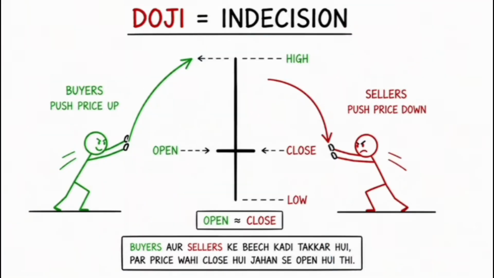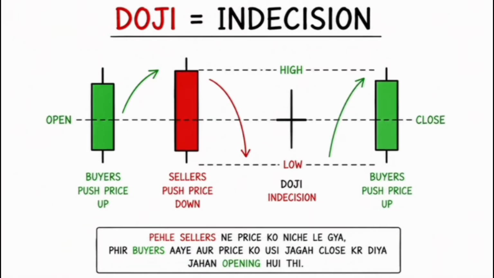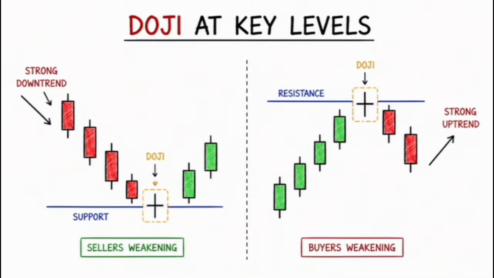Either buyers initially pushed the price higher, but sellers brought it back down to close near the opening price, or sellers first pushed the price lower, but buyers later stepped in and pushed it back up to close near the opening price. If a doji forms after a strong downtrend near a support level, it may indicate that sellers are losing strength. On the other hand, if a doji forms near a resistance zone, it may suggest that buyers are